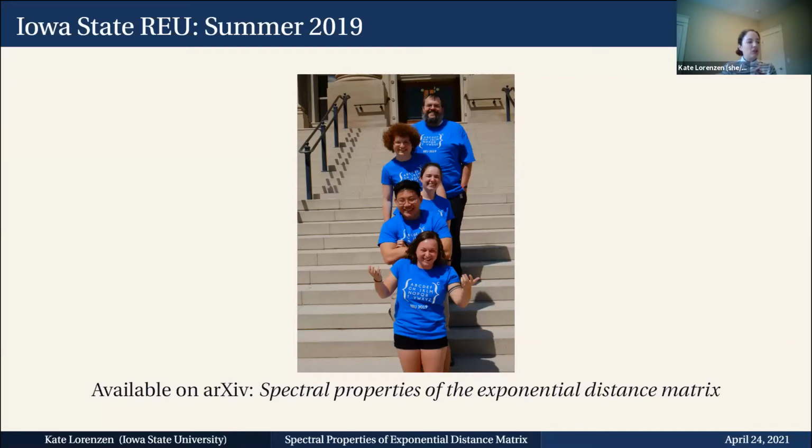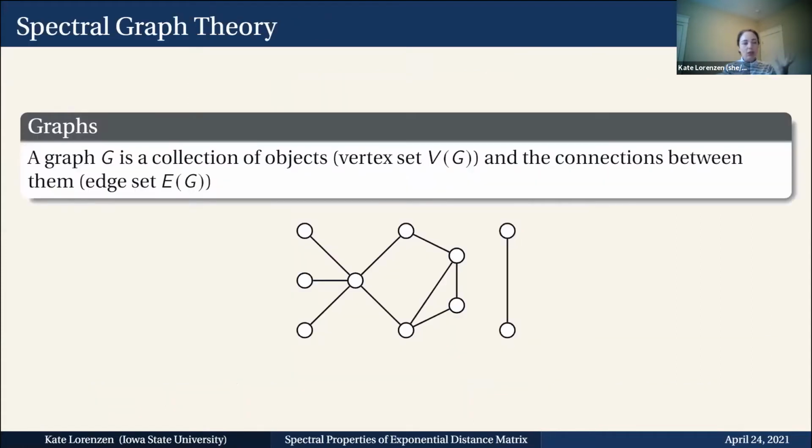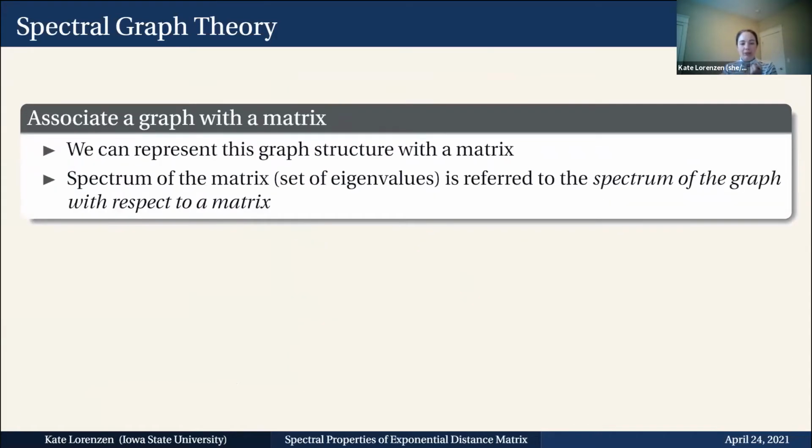So the general area that this problem lives in is something called spectral graph theory. Spectral graph theory is the idea that we take a graph, and we want to represent all of that graph structure with a particular matrix. And then once we have that matrix, we look at the set of eigenvalues, which is called the spectrum of the graph with respect to the matrix,